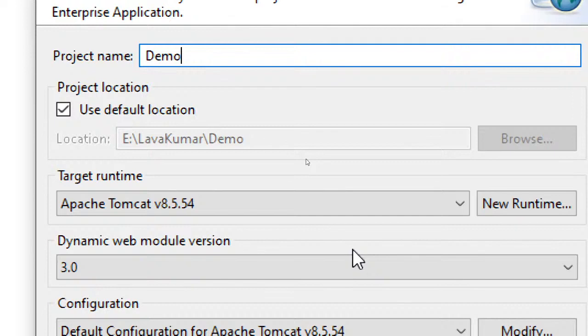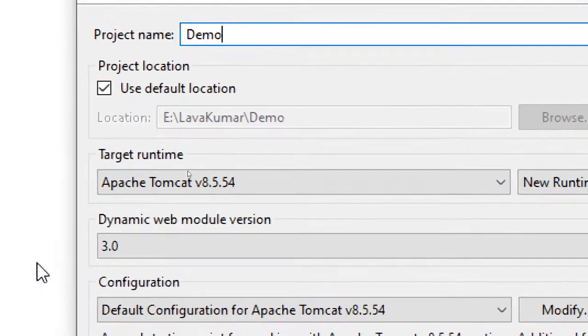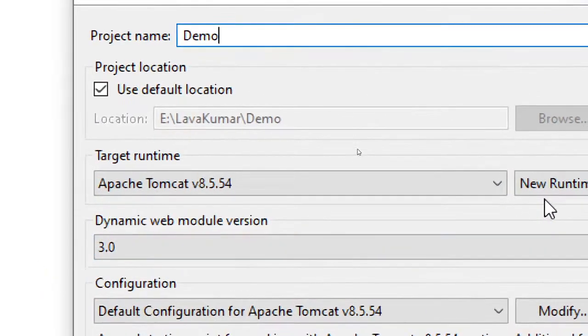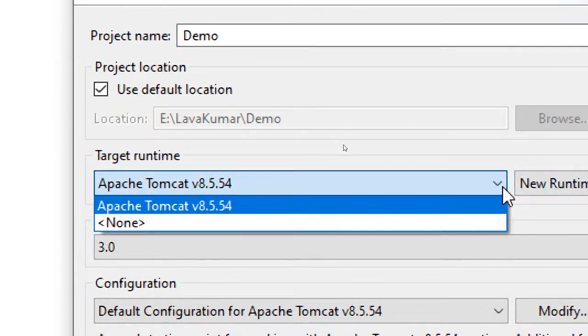Since I have already used this Java Enterprise Edition earlier for my practice, you can see all these fields filled. But if you are downloading this Java Enterprise Edition for the very first time, you won't see these fields filled, so you need to select. Here you can see the drop down menu. For me right now it's already set.